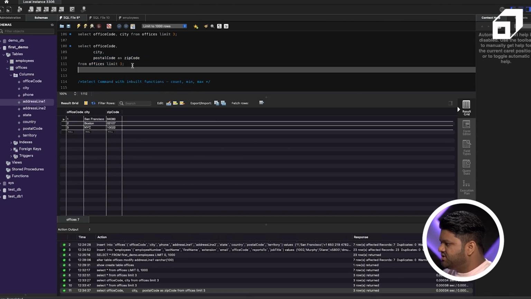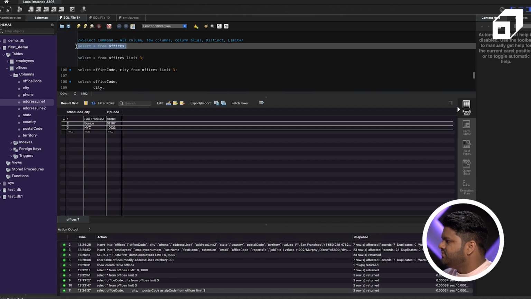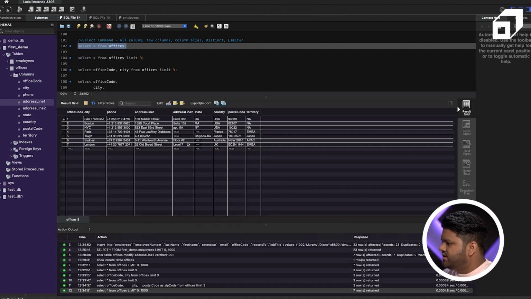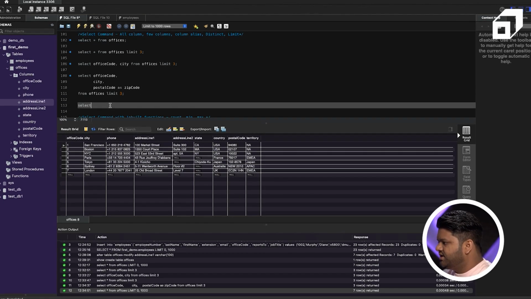Now another operation we will look at. If I query this entire data of the offices table, we can see state, country, postal code, territory, all these things. One of the common things when we talk about data analytics is this: let's say there are duplicate entries for any particular column in our table, then how can we get the distinct values out of it? We have one important operation which we can use here, that is the distinct keyword